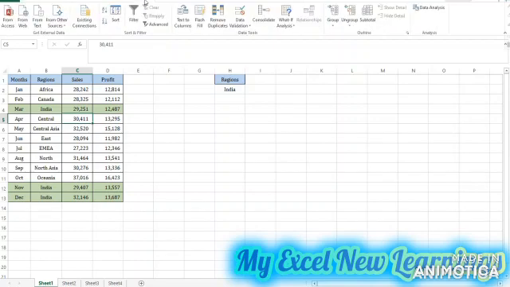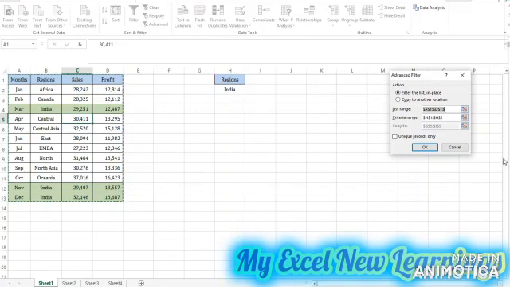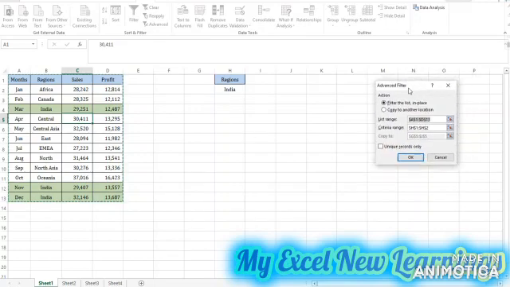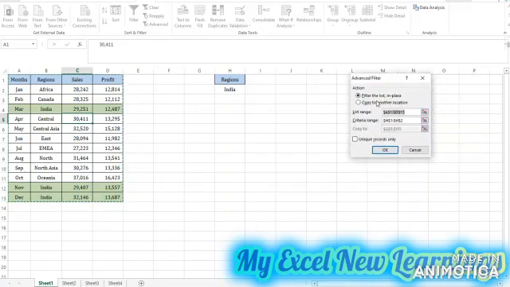First we will go to the data tab and then we click on the advanced filter. So once you click on the advanced filter, the advanced filter box will open. So here we have action. So we want to copy the data to the other location. So we will click on the copy to other location,